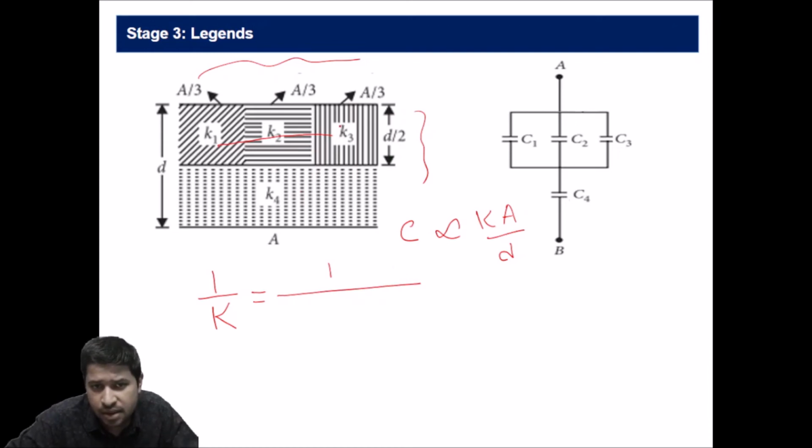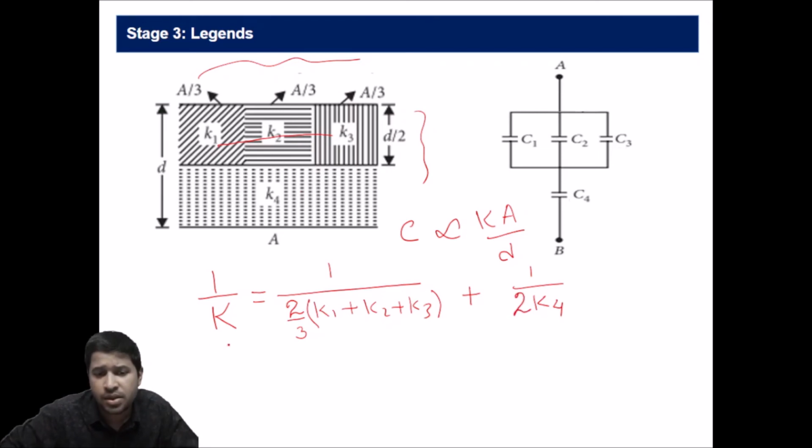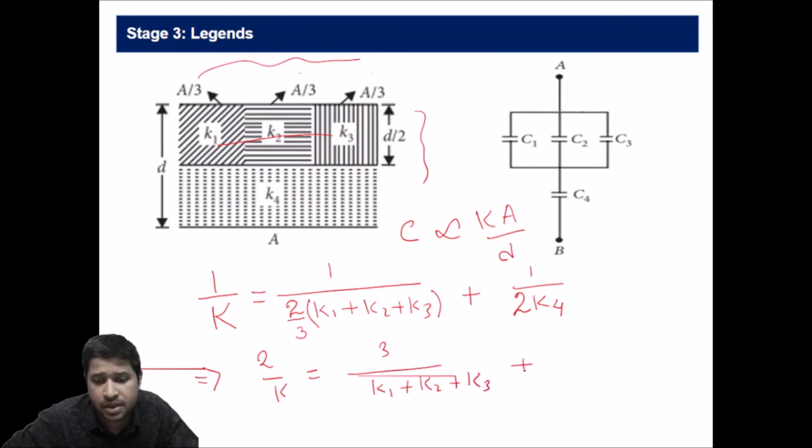going to tackle this. This will be simply K1 plus K2 plus K3, because they are of equal dimensions, and area was 1/3 and distance was D by 2, so a factor of 2 by 3 will come. We can directly put this, plus this will be 1 by K4. The area is same, but the distance is this, twice K4. So from this we can write 2 by K is equal to 3 divided by K1 plus K2 plus K3 plus 1 by K4, which is